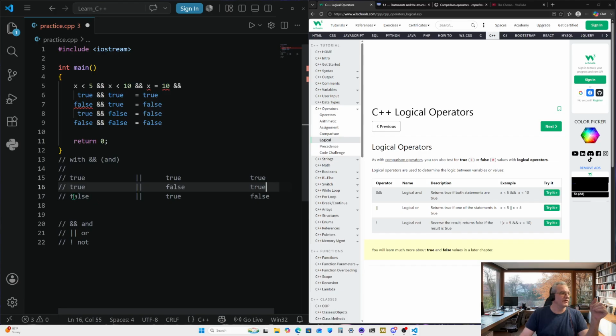Same thing with this. It sees false right here. It sees the operator. So this right here is a final decision. Are you true or false? It says true. Okay, so we are true then. The only way this is all the way false is if you have false